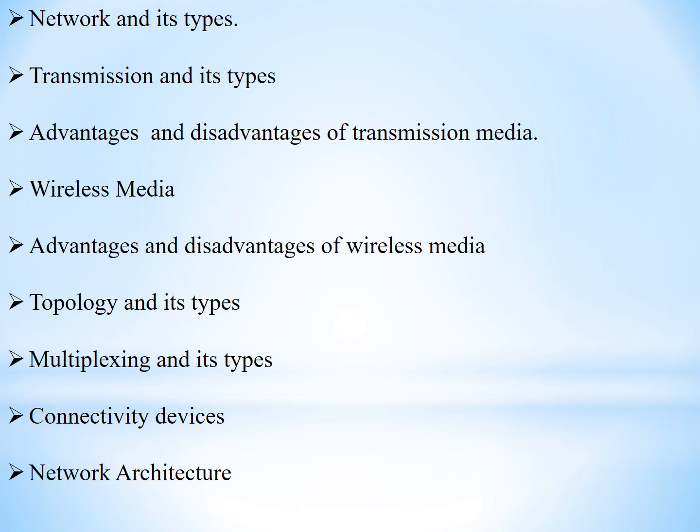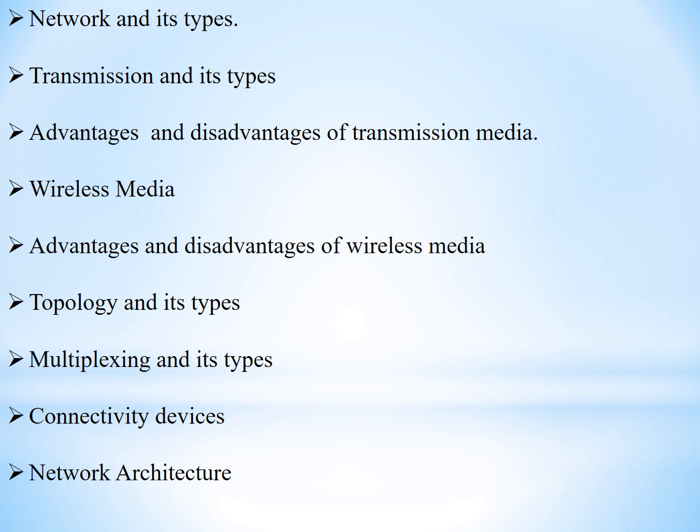Then we learned about the advantages and disadvantages of the transmission media. With the disadvantages of the transmission media, we went ahead with the wireless media. We learned what wireless media is and what the need was to invent it. In wireless media we learned in two parts. One is the normal wireless media, where we learned about radio waves, microwaves and IR waves, even packet radio. And in land based wireless media, we learned about laser, narrowband, infrared and microwaves. In microwaves also we learned the terrestrial type and the satellite type. Next we learned the advantages and disadvantages of wireless media.